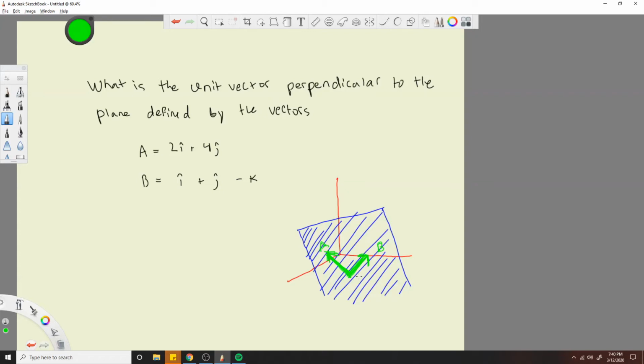What is a unit vector perpendicular to the plane defined by the vectors A and B? Alright. We got a problem on our hands. How are we going to solve it? You're going to find out today. So,